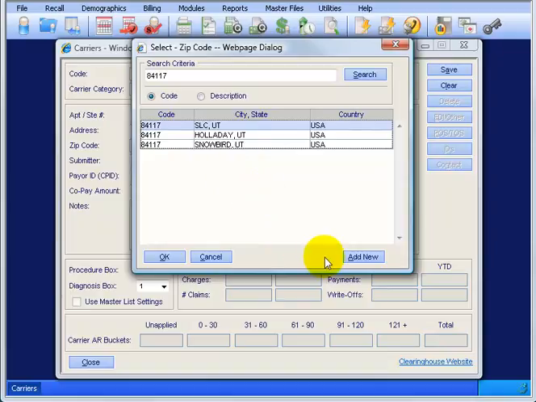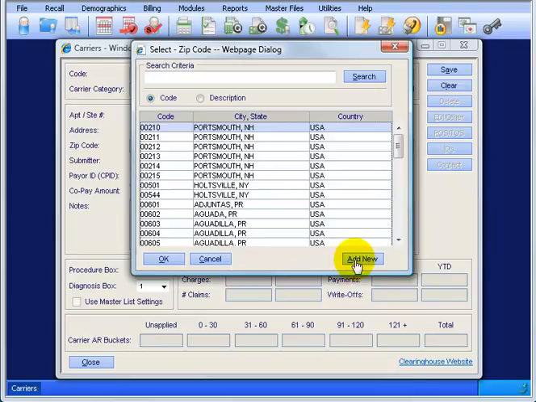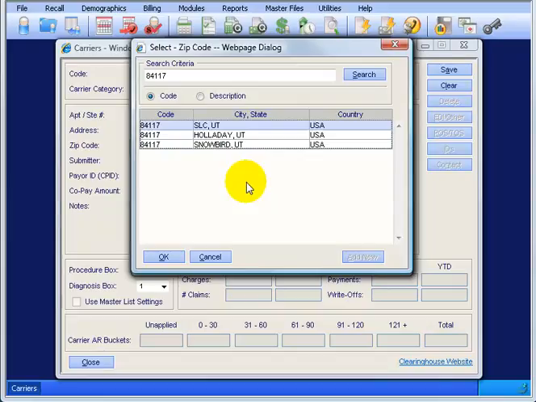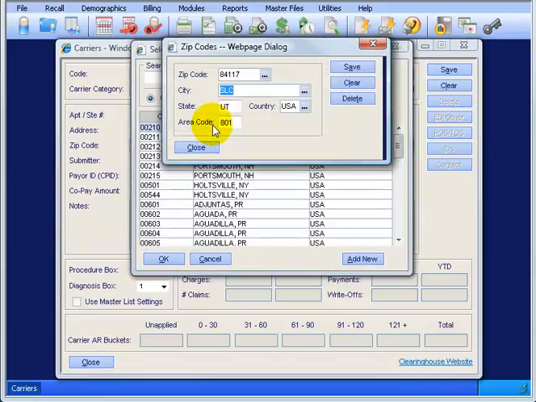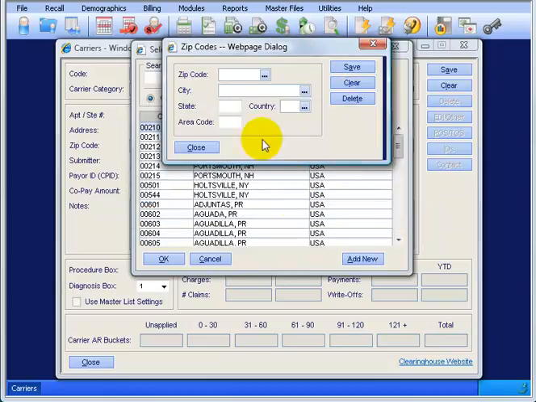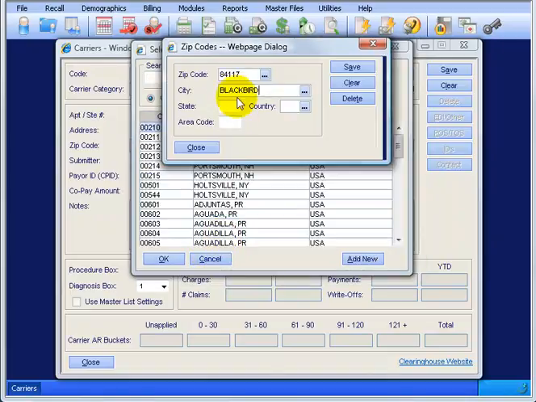You can click Add New since we're here, or click Cancel, and if you didn't get that far, you could always click on the ellipsis button here, and it gives you the same Add New button, so go ahead and click on that. So let's say I want to add another city to 84117. Just go ahead and type it in here, and you can hit the tab key. In fact, if I wanted to delete one right now, I could select, let's say Salt Lake, double click on it, and hit delete. Then I can type in 84117 again, hit my tab key, and I don't want to select these, I want to add to it, so I'm going to click Cancel, type in my city,